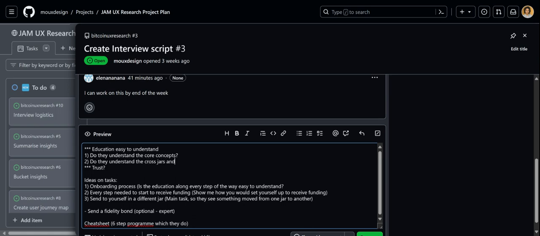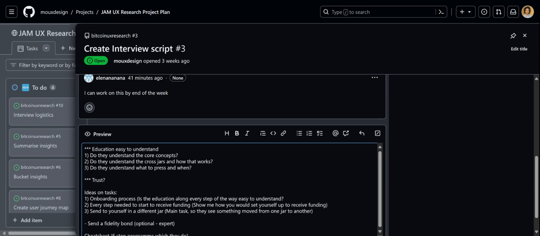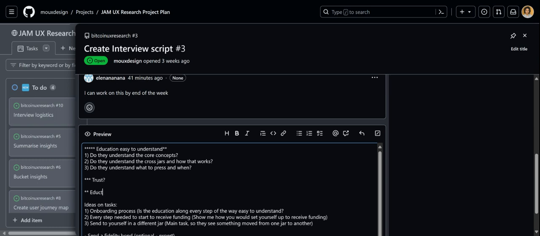Because it could be a case where I don't care about how the jars work, but I know to press those two buttons, and then my safety is better. There might be other subcategories, because some people really want to understand everything, and other people just want to do stuff. If they get the right feedback, like a big green checkbox, they're happy. There are probably different characters in there. But I think education leads to trust, because you understand things, the thing reacts the way you expect it to, you do it a few times, you get the expected results, and then you trust it more.